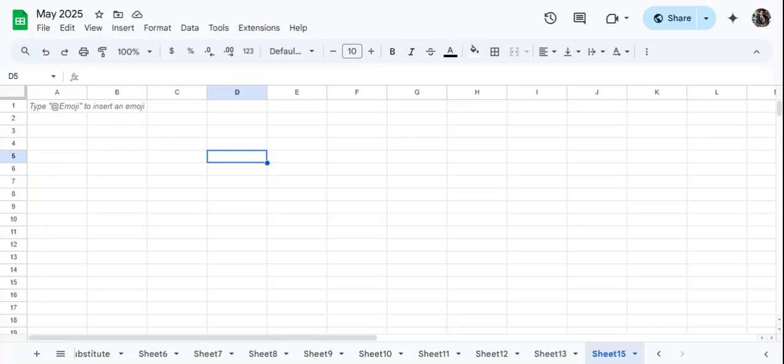Hi everyone, so today in this video we are going to learn the date function again in Excel with examples. I am using Google Sheet. So let's get started with today's video. First, shortcut key